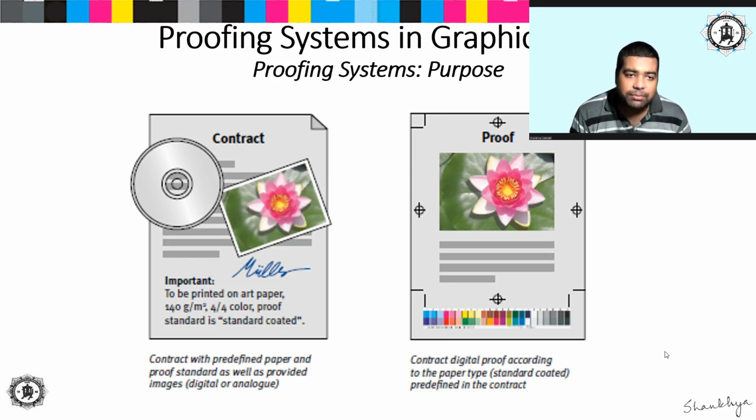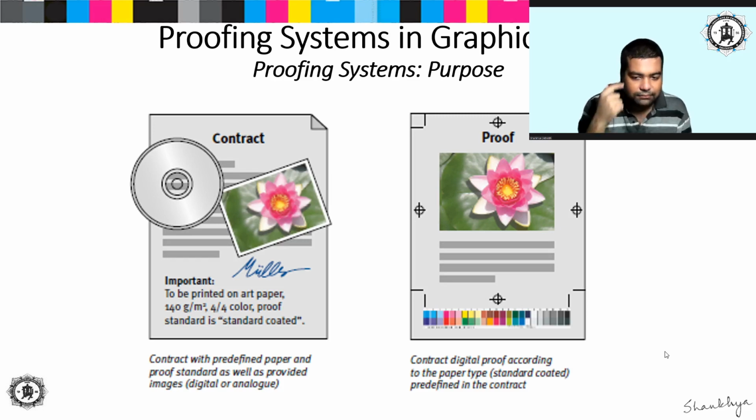So certain type of paper, certain type of inks, and finishing operations, it will be done, and overall throughout this entire thing, after doing the entire thing, the proof that you get, such a proof that you both, that means the printer as well as the print buyer, both of you agree on the quality and the nature of the product. Such a proof is basically known as the contract proof.